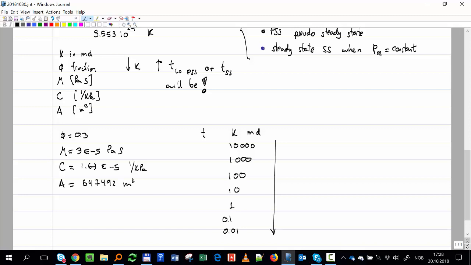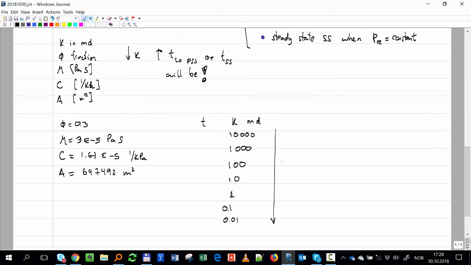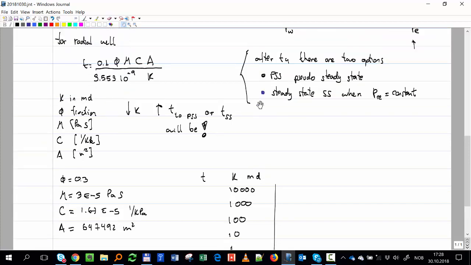Okay, so all of that is just to tell you that depending on the conditions of your formation, on the properties of the fluids that you have, the extension of your well, and mainly the permeability, you have to be careful because you might be producing in transient, or pseudo steady state, or steady state, depending on what condition you have. Typically, in many wells, in conventional reservoirs,